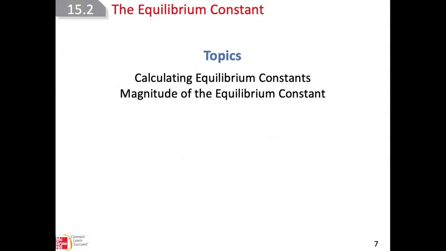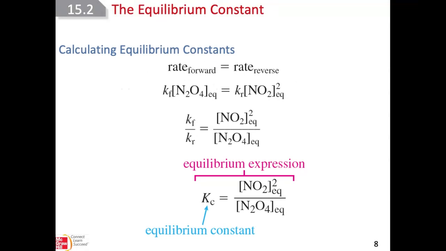So how can we calculate the equilibrium constant, and what does the magnitude of the equilibrium constant really mean? At equilibrium, the rate of the forward reaction equals the rate of the reverse reaction. For the equation that we had before, this is the expression for the rate of the forward reaction. It will be equal to the rate of the reverse reaction. And if we divide them, the constant of the forward reaction over the constant of the reverse reaction, we will see this expression: the concentration of NO2